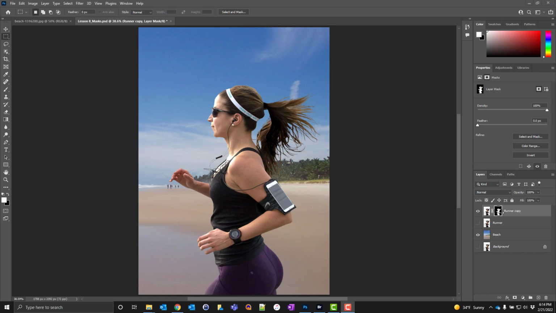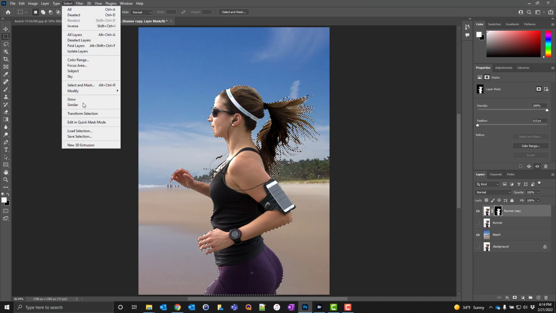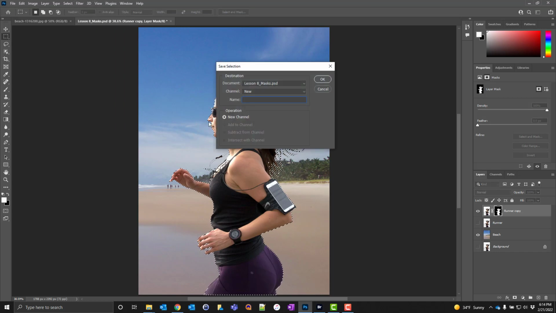As I hold the control key down, you'll see that the icon becomes a selection tool. If you control click on the photo itself, it's going to select the whole photo, but we want just what's in the mask. So I'm going to control click there, and then you'll see the marquee is now running around the runner. Then we're going to go to Select, Save Selection, and we're just going to save this as shadow